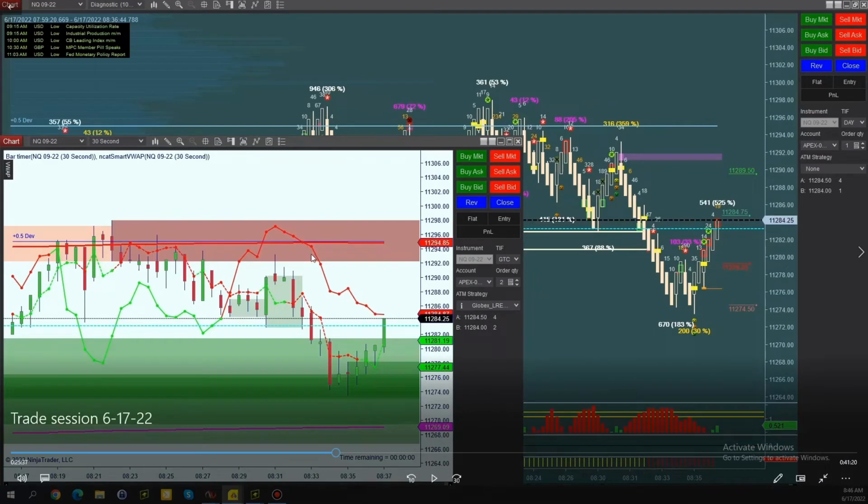Even though it didn't, let's see, our entry is right here for simplicity. This is a little bit behind our original entry, but if you remember how many times it couldn't break this wall in mini magnet here. So when it comes back up to test this area, I would love an LRE right here to come back down. The only reason why I didn't take this is because it came down, pulled back up a little bit,